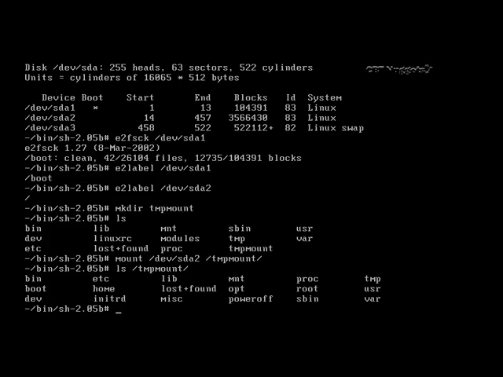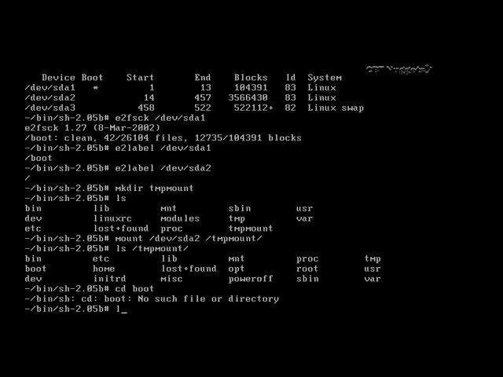Okay, it's the same thing as /mnt/sysimage/etc that we saw in normal rescue mode, right? Because that's exactly what got mounted under /mnt/sysimage, my old file system, and that's the same etc that you're seeing here under tempmount. Now, if I go into the boot directory though, and I look in there, oops, I'm sorry, I'm not in the right directory here. Let me